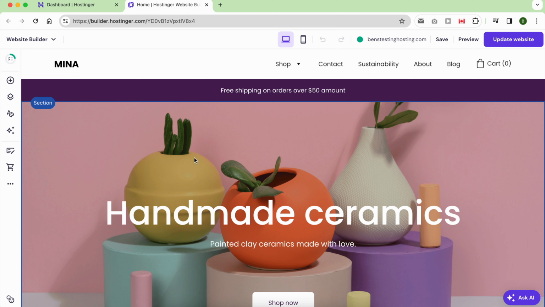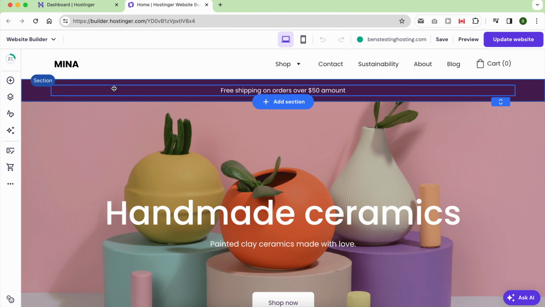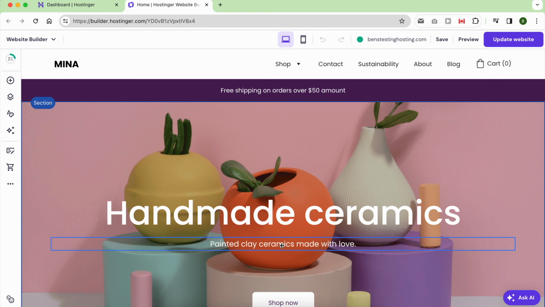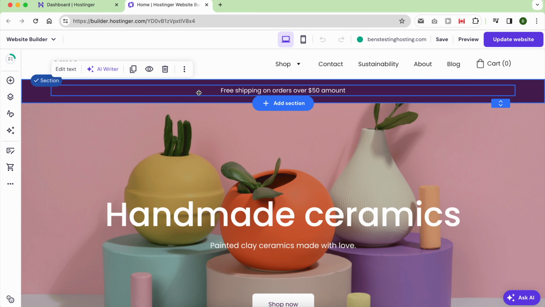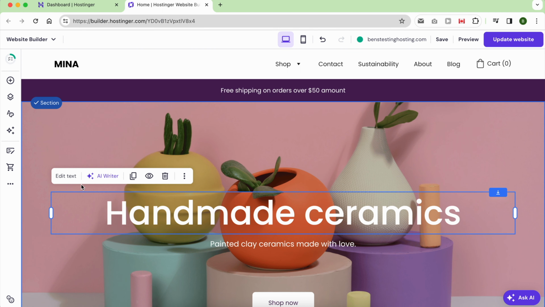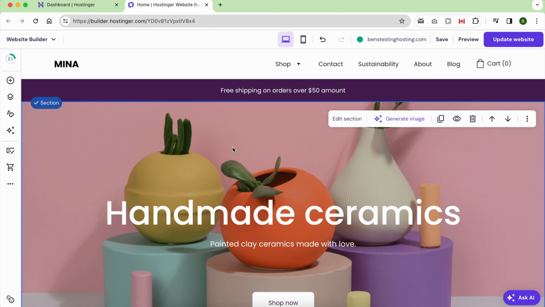As you can see, the Hostinger website builder is well organized, making it easy to understand and work with. Every element you click on will provide you with the necessary tools to edit it. For instance, if you click on a text, you can edit it, hide or show it, duplicate it or delete it. Likewise, if you select a section, you can modify its image, move it up or down, and perform other